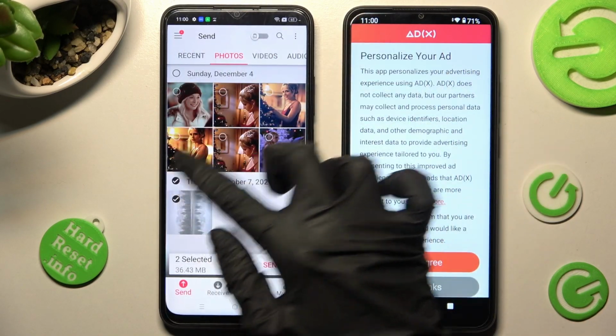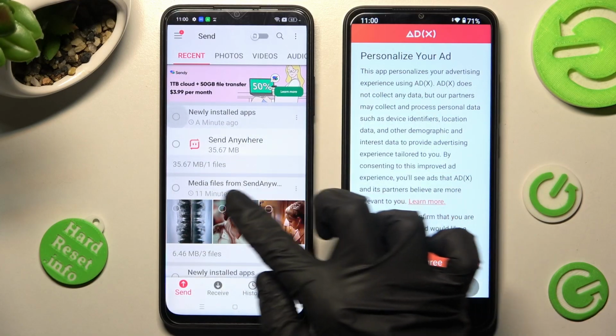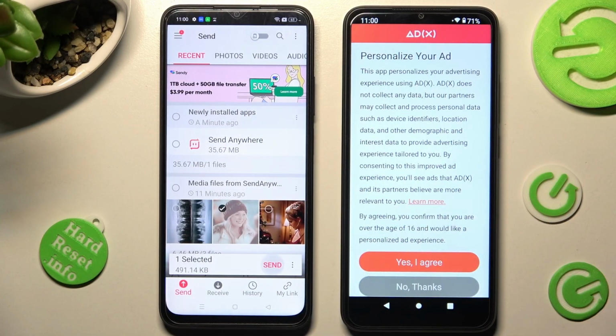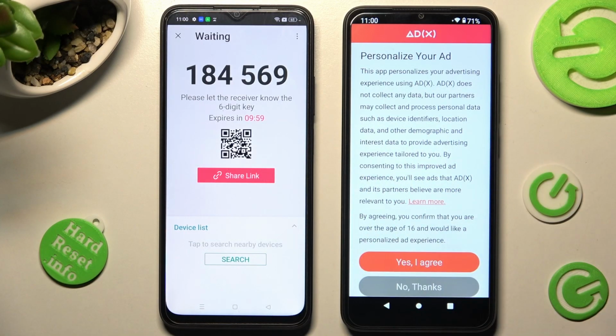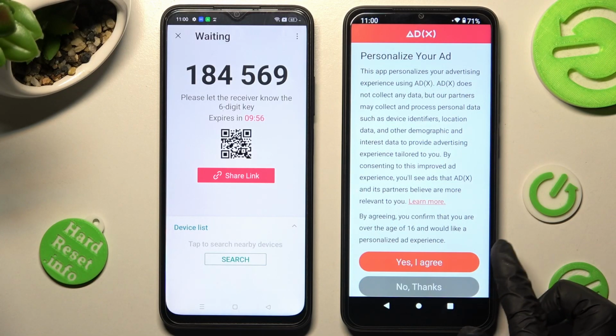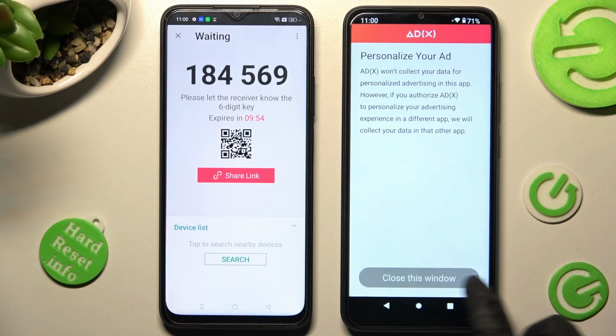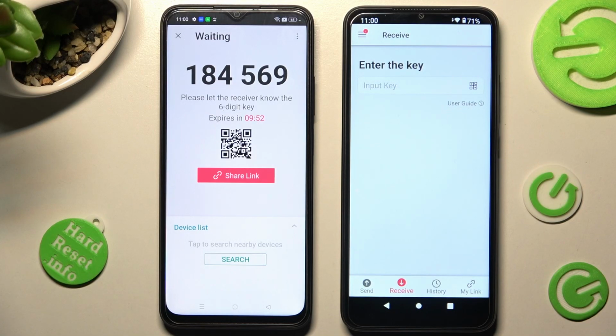It will take a lot of time though, so I will go with only this one photo. Choose Send and tap on Got it. Now on XIAOMI, just click on one of those options, tap on Close this window and select one of those